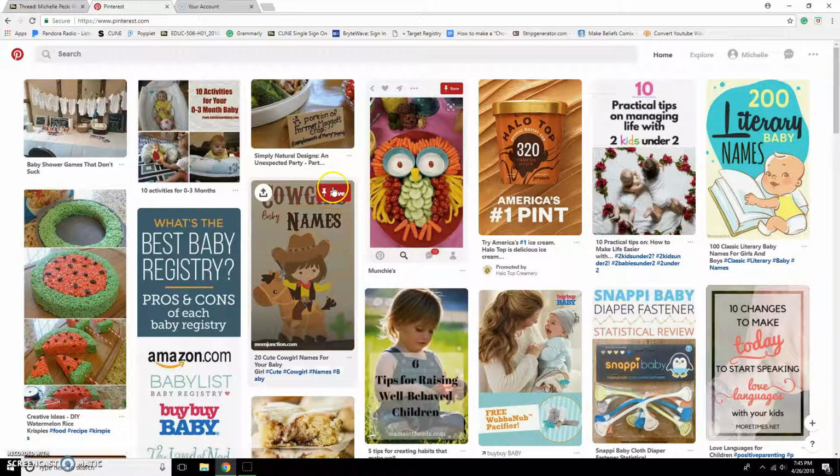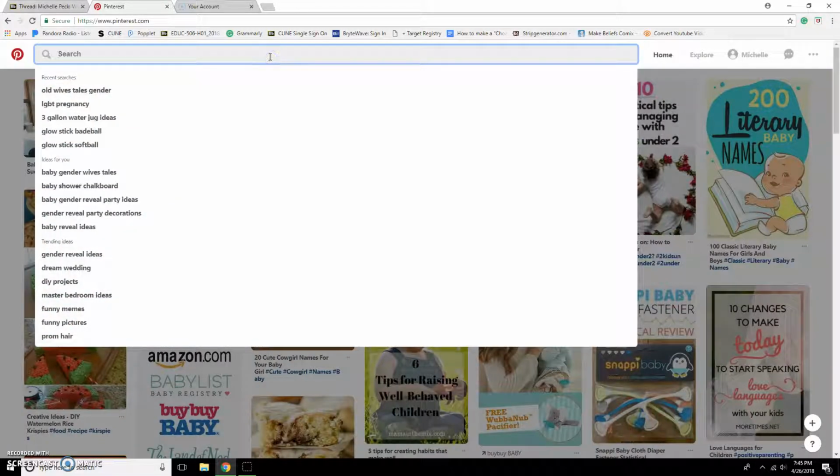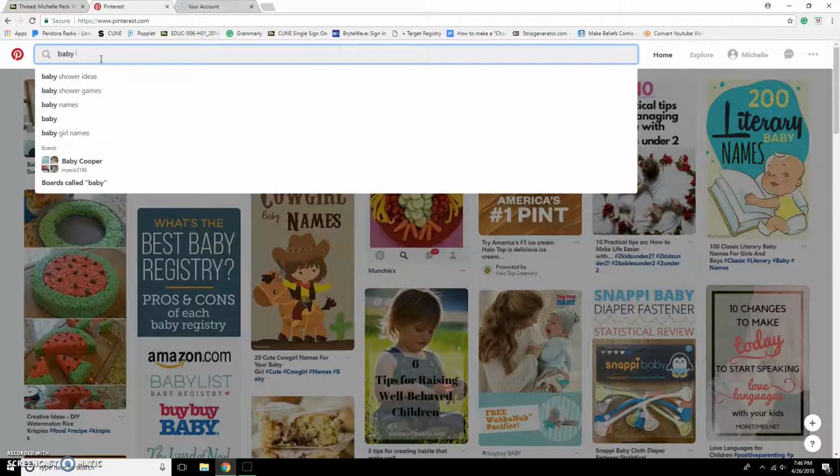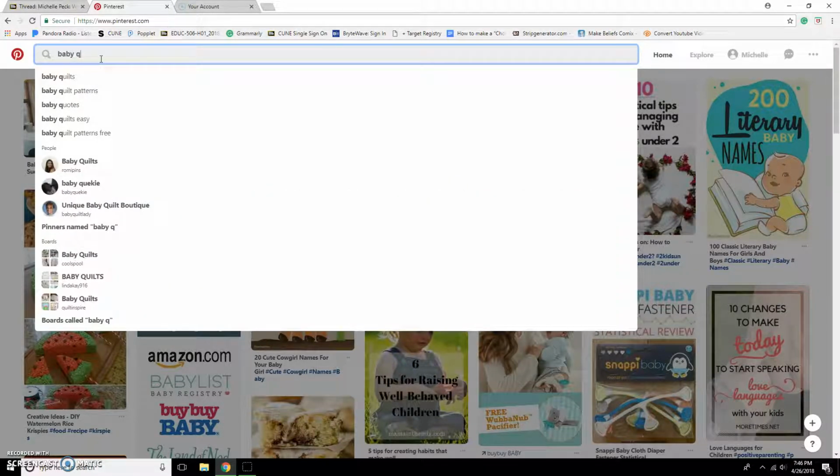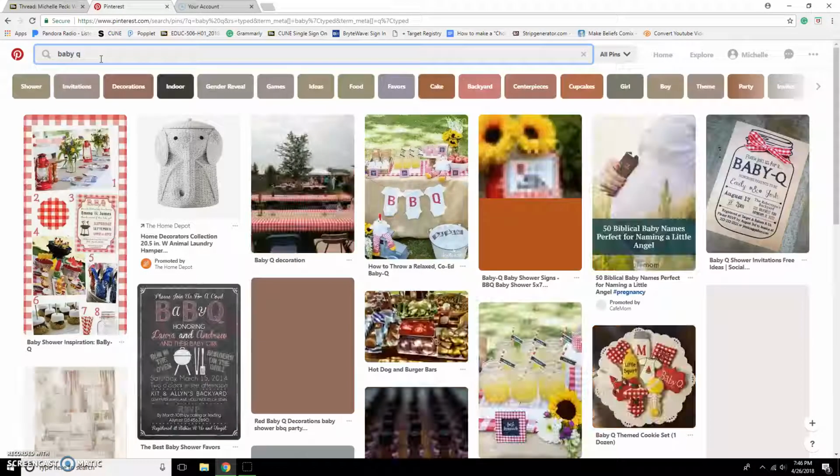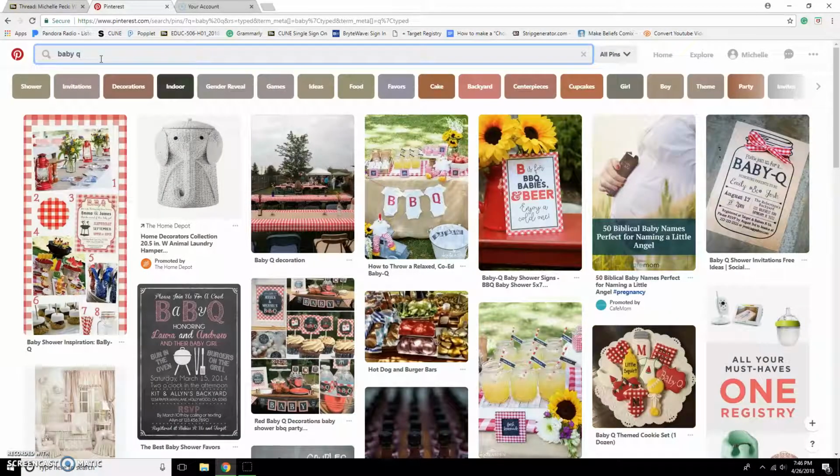So the first thing to do would be to figure out something that you want to search. So we can see here that I've got a list of things that I've searched recently. And then it gives me some ideas of some things or just trending things that are popular. You don't have to use the board for just baby stuff. It can help you find party ideas or recipes or basically anything that you might want to find ideas for. So I'm going to go ahead and type in BabyQ and hit enter,